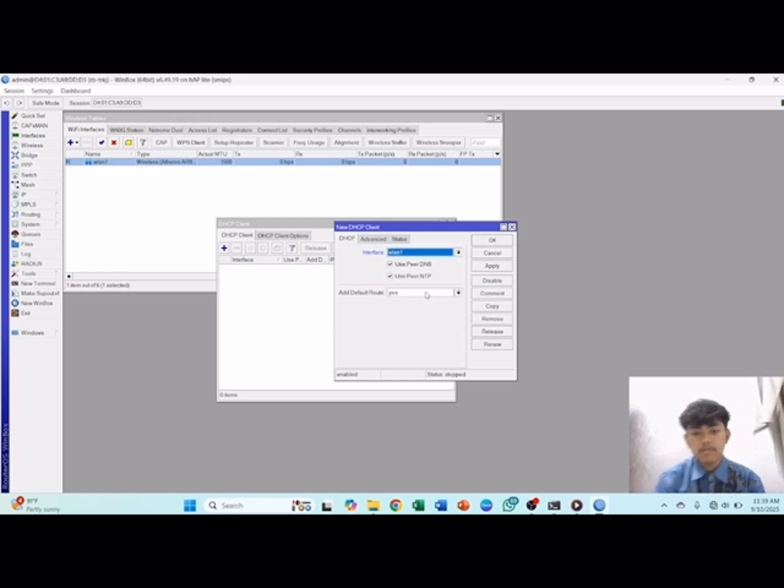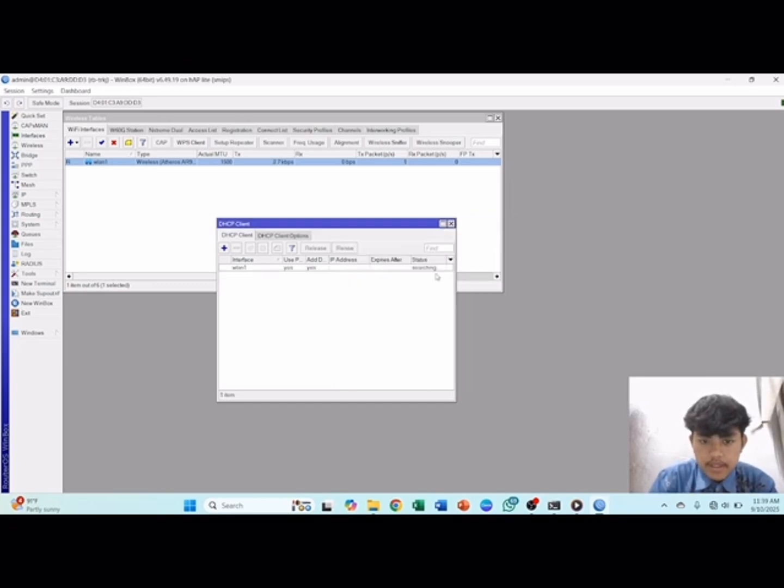Click wireless LAN 1, and apply and okay. Wait until the IP address is bound. Nice. And here the status must be bound.